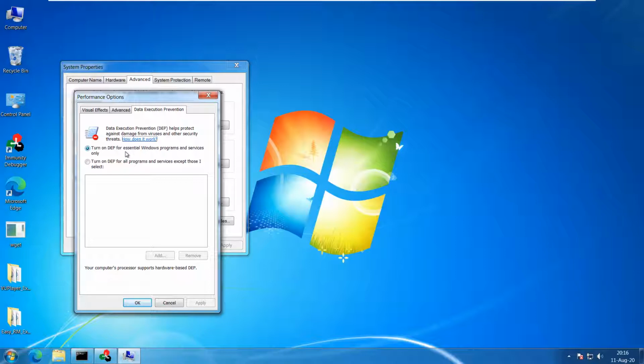This means a third-party application, if it tries to send commands in the form of data and allows those commands to be executed, then Windows 7 won't raise a flag, and we can lead it to many heavier kinds of exploitation. However, if the option to turn on DEP for all programs and services is selected, it will block any data from being executed. DEP means data execution prevention. You can learn more about it by studying various articles.